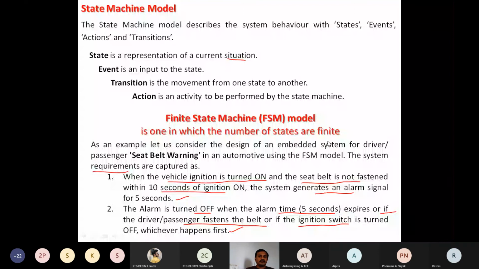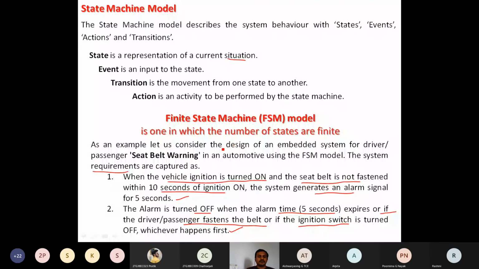So based on this idea, whatever task I give you regarding this FSM model, you need to observe it. What is the task given? Understand the task first, then you are capable of designing the model. You have to understand how many states there are, how many events will come, how many transitions will happen, and what actions we need to take in the respective state. You must be capable of identifying these things in the given requirement.